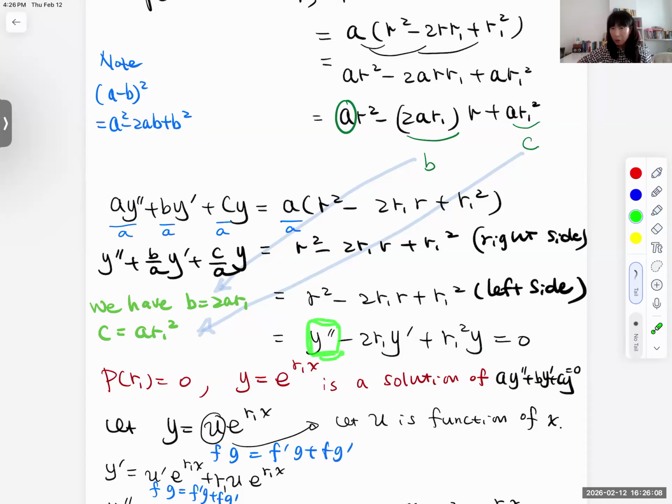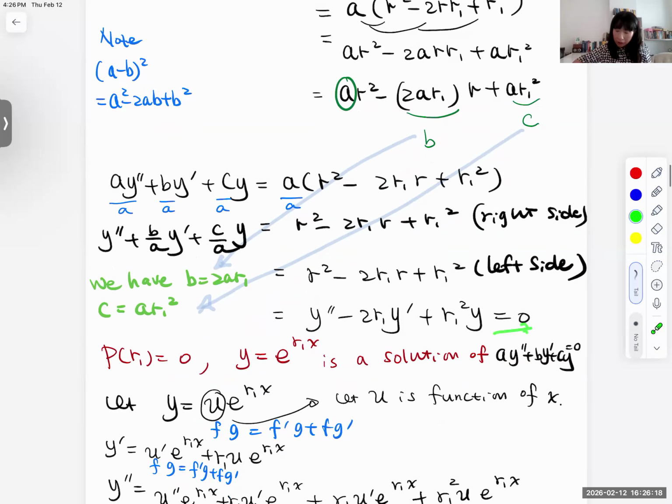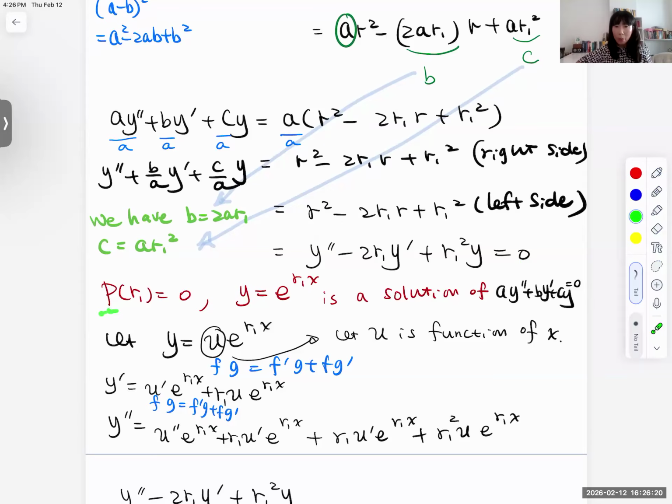Higher derivative, second order, and then first, and then no derivative, zero derivative. Now we have equal to 0. So once again, we have a polynomial p of r sub 1 equal to 0. Then y equal to e to the r sub 1 x is a solution of that